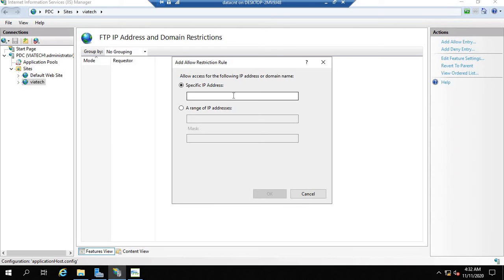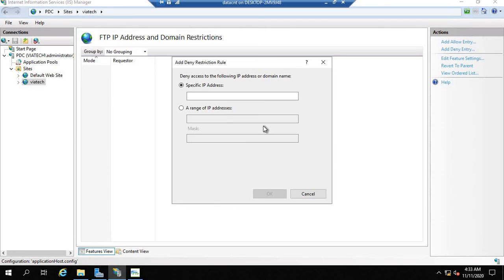If you think any particular IP is unnecessarily accessing your FTP server and that might be generating excess traffic, like we have seen, sent bytes and receive bytes. If you think unnecessary packets are being sent and received by any IP in your FTP server, we can set it either in allow or restricted range of IP over here. You have got the range of IP as well, including the subnet mask. That is mandatory in order to identify your network. That means the classes of IP. So for a specific IP address you can allow or deny restriction as well.